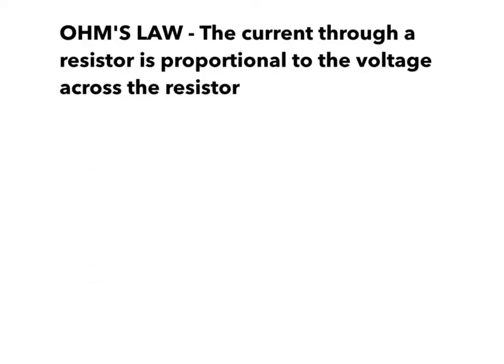Well, like the name of the lab says, one of the goals of the lab is to see if Ohm's law is applicable to resistors. So Ohm's law says that the current through a resistor is proportional to the voltage across the resistor. So the way we would see that is if we made a graph of voltage across the resistor on the y-axis and current through the resistor on the x-axis, and proportional would mean that we get a straight line, which